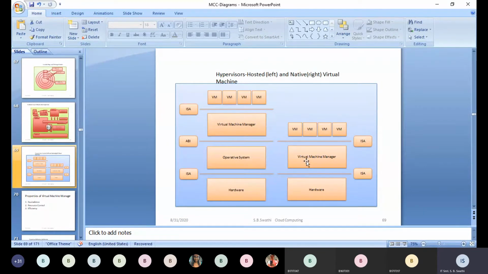And both these virtual machines can go for their own choice. They can either go for binary translation instructions, or they can go for interpreted instructions.